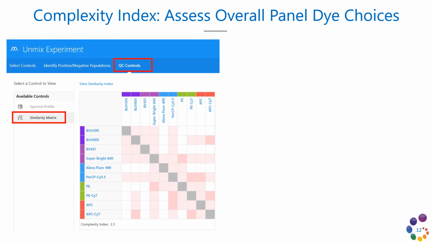To see this in the software, in the Unmixing Experiment Wizard, again, it's in the QC Controls menu, but underneath that Spectral Profile option, there's a Similarity Matrix option. Once you go there, you'll see a matrix generated that looks like this, where it has all of your different dyes in your panel,